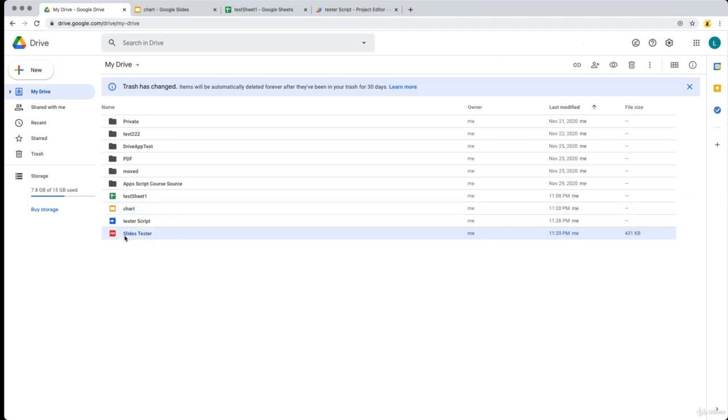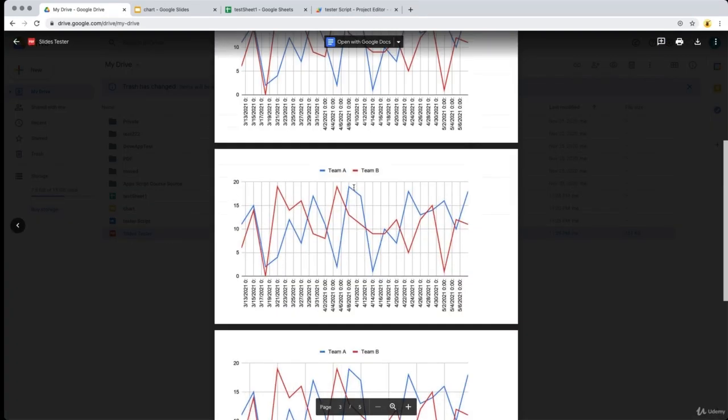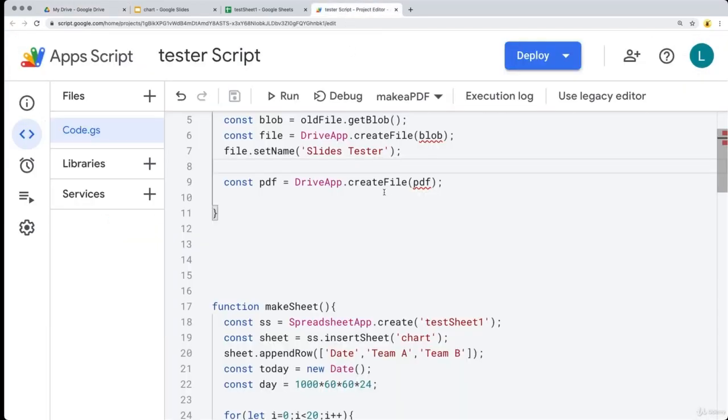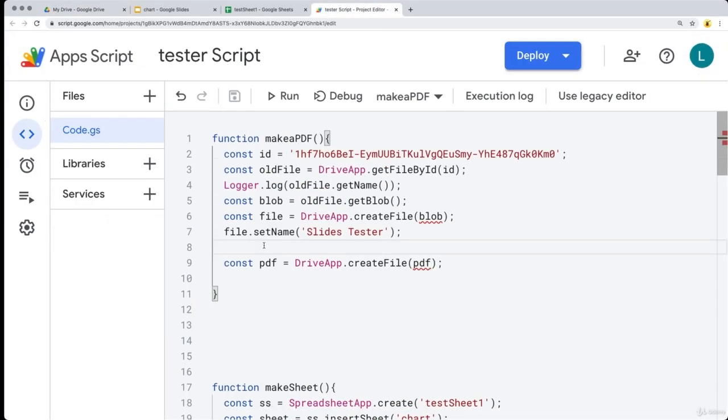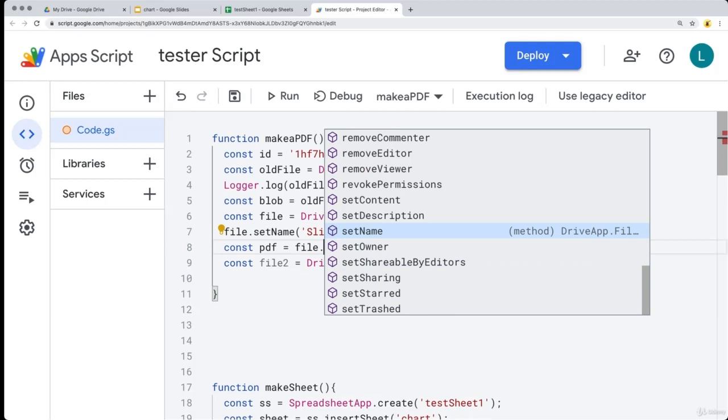So we did create the PDF called Slides Tester. So that's the PDF there. And you can also get this as a PDF file. So you can create it from a blob, or we can convert the file into a PDF and then create it from a PDF format. So maybe I'll just rename this to file2, and then we'll create our PDF object. So the PDF is going to be generated from the file object. So we'll take the file and get